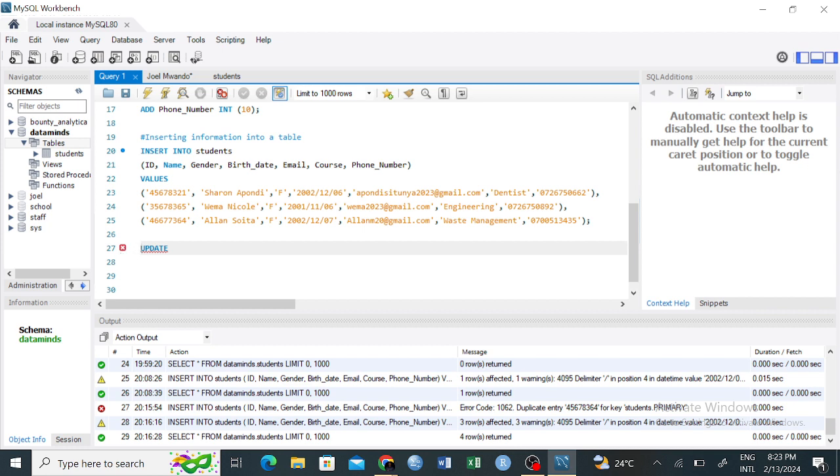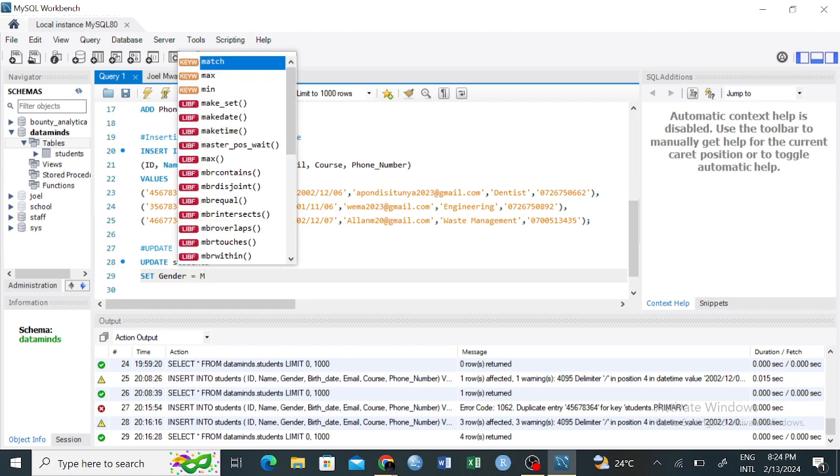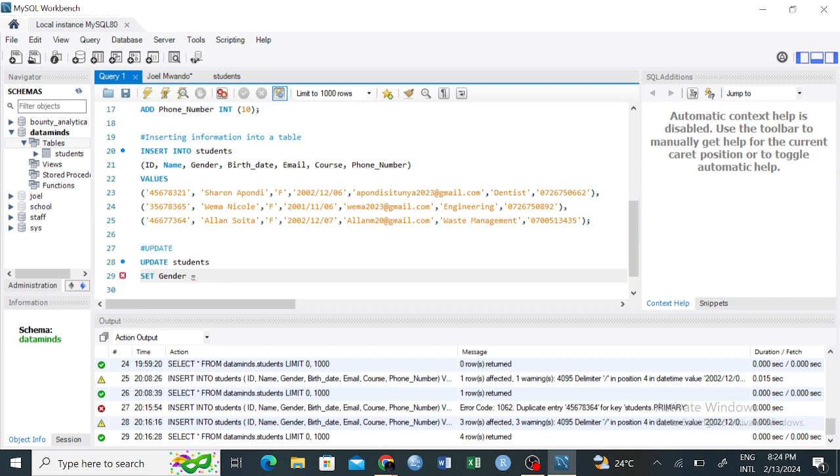If you don't want that error to appear there, you just comment it. So we want to update. You first write update, and then what is the table name that you want to update? It is students. So we want to update students. We want to set gender to be equal to male. You can use double quotes or single, to be equal to M. And then where